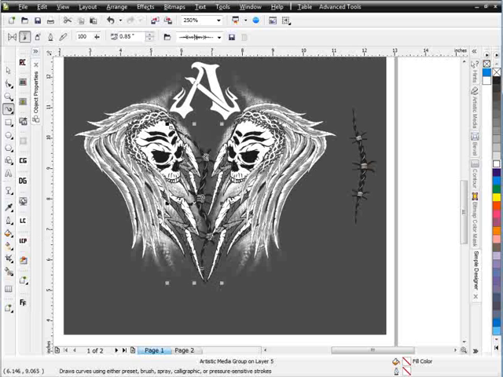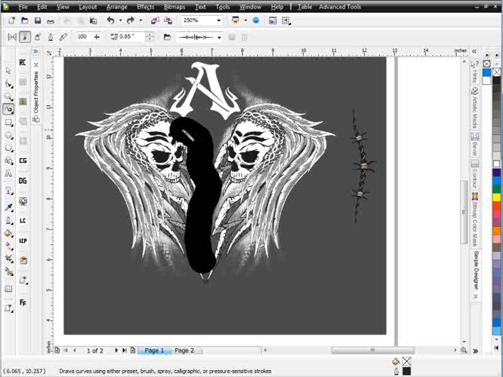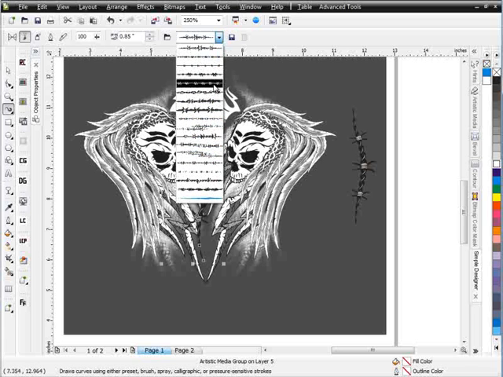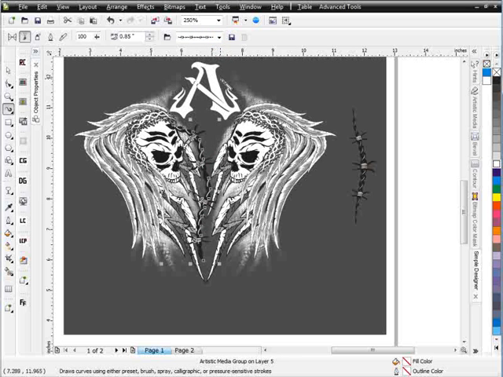Now I can see that I've got shortness here, so I'm going to hit Control Z and then come in through here and just kind of blow that barbed wire right into there, as you can see there. Now looking at that, it's really dark, you can't really see it popping off of the design the way you want it to, so I'm going to look at some different barbed wire strokes here coming down through here. Something that might be a little bit smaller, something like that, which will come down in through there,